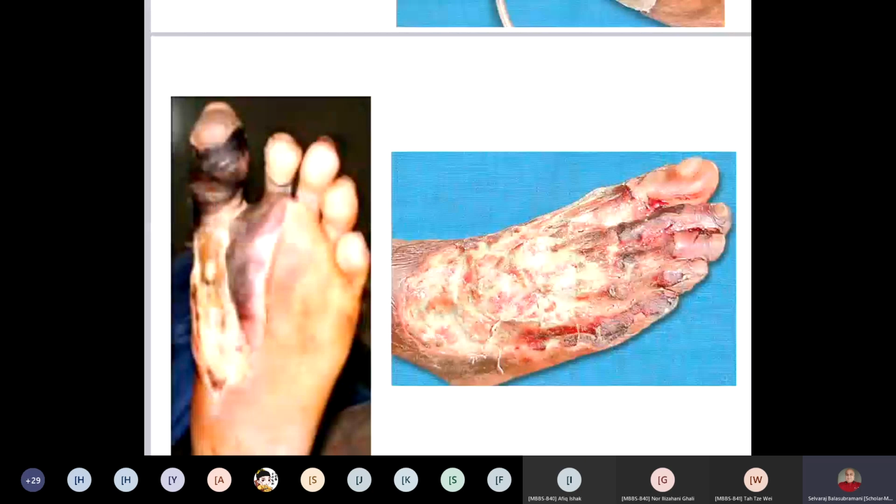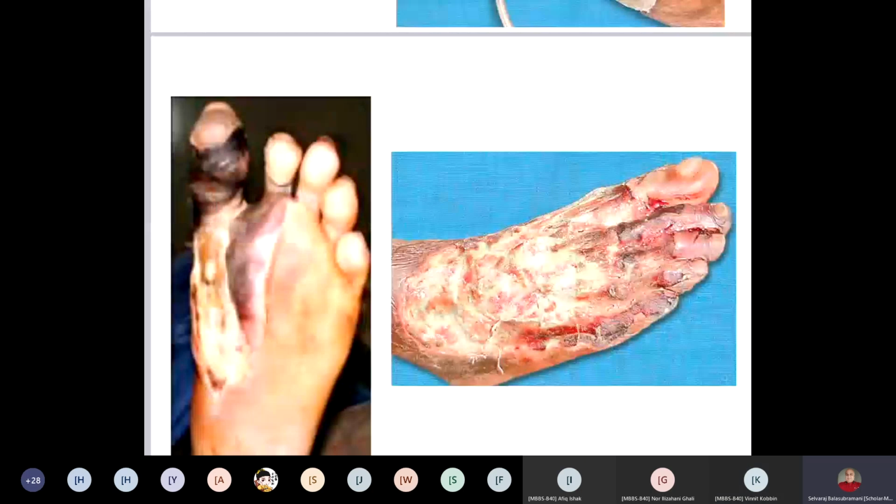What is the etiology for dry gangrene? The arterial blood supply is blocked with what? What are the two etiologies? Chronic limb ischemia. Yeah, it could be atherosclerosis or TAO. Both can cause things like this. Suppose it is moist gangrene or wet gangrene, what is the cause? Here, not only are the arteries blocked, even the venous return is also blocked. That is moist gangrene. The commonest example is diabetic gangrene, which is a wet gangrene.